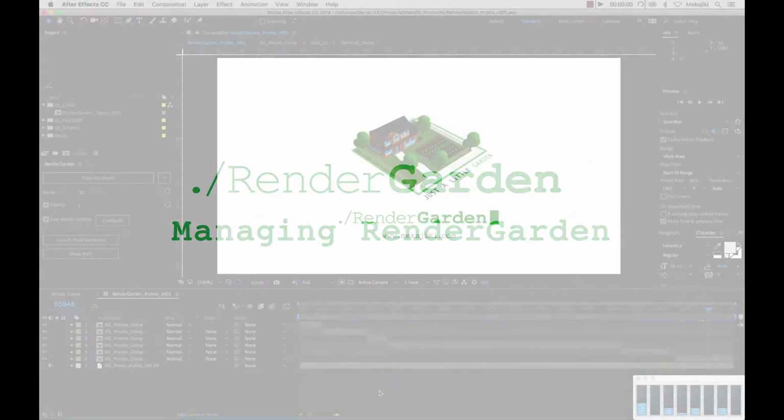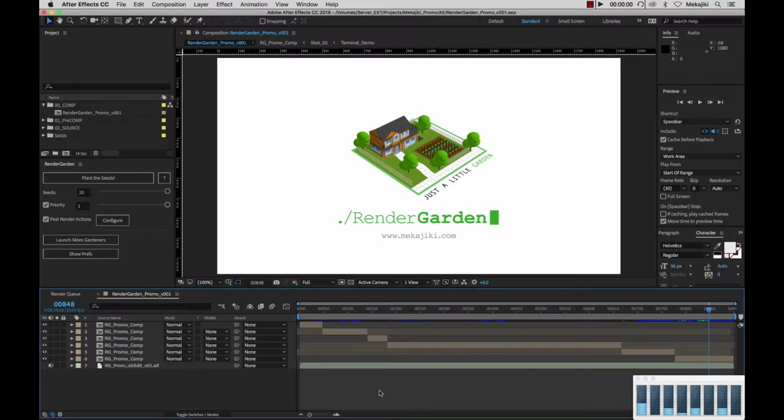Hey, welcome to Mekajiki. In today's tutorial, I'm going to be showing you how to manage your RenderGarden processes just through your Finder window. So here we are inside of our project that we just rendered out in our previous tutorial,